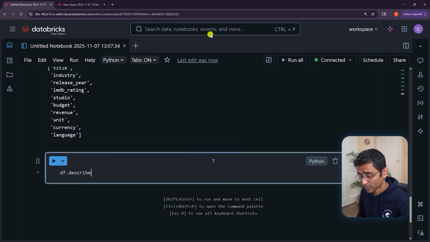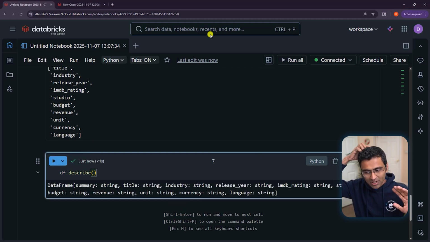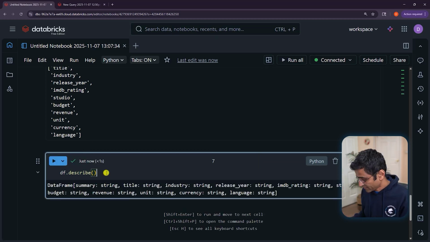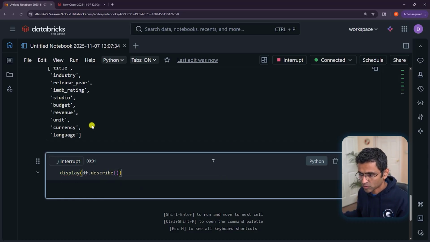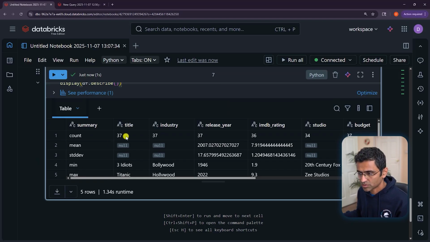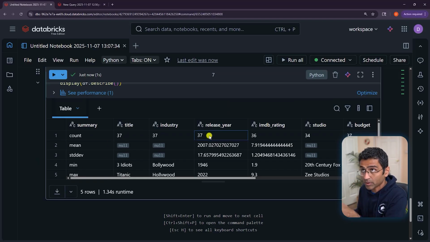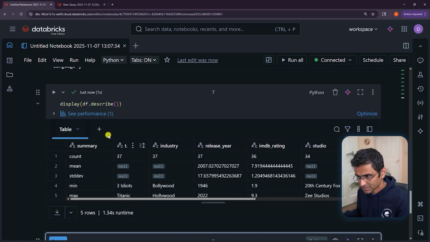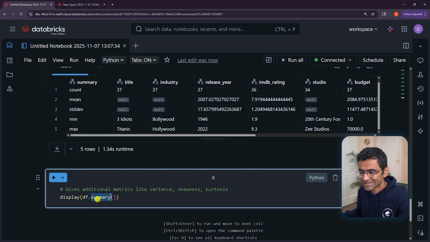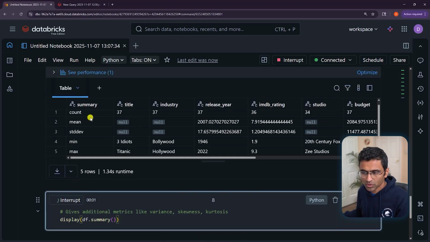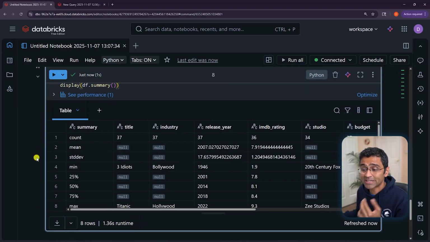Then you can run another useful function, df.describe. This is similar to pandas, which also has this describe function. Let me use the display method so that you can see the nicely formatted output. See, here it is showing you the count, release year count, per column statistics. So what is min, max? For IMDb rating, my minimum rating is 1.9, maximum rating is 9.3, and my average rating in my movies table is 7.8. We have another similar function to df.describe. It is called summary, and when you print it, it will show you similar columns, but it will show you additional data such as